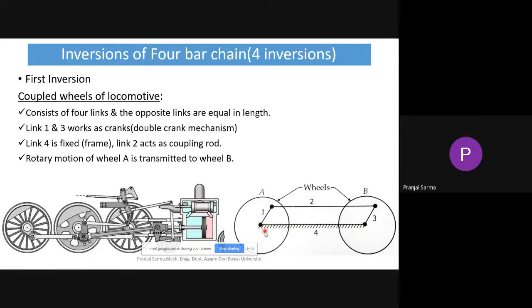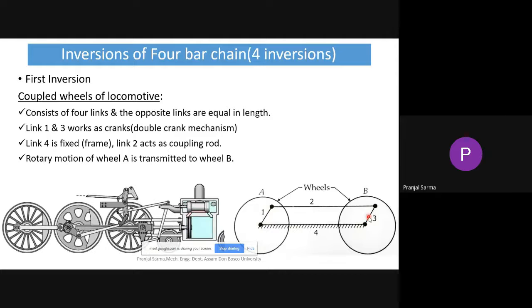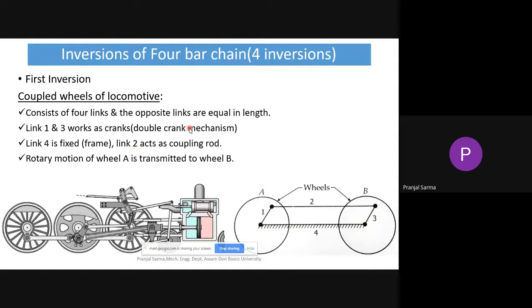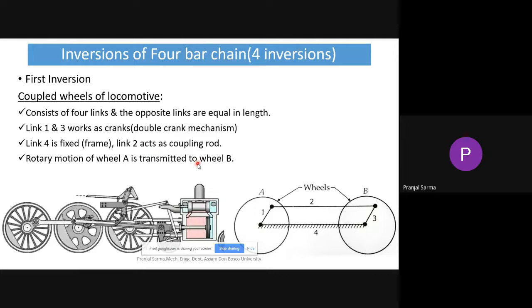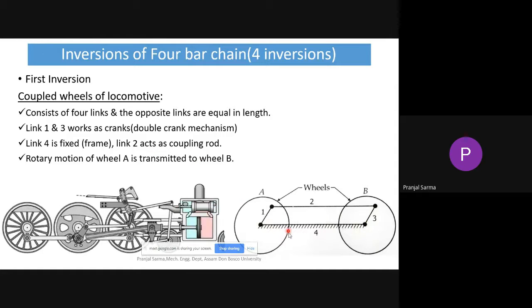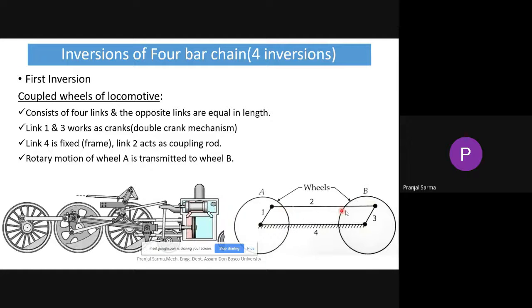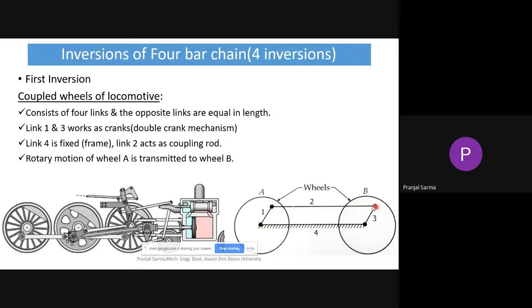Here they are behaving as cranks. These two links are behaving as the two cranks, so that means it's a double crank mechanism that you can think of. Link four is a fixed link, behaving like the frame. And this link two, connecting the cranks from both wheels, is behaving like the